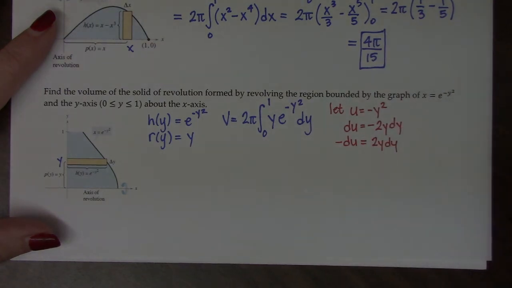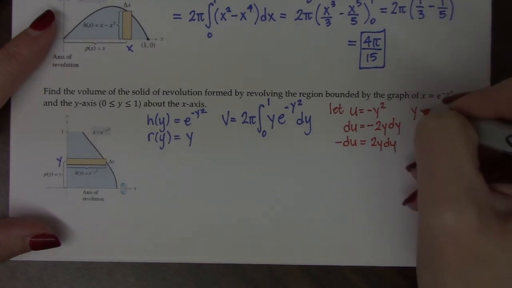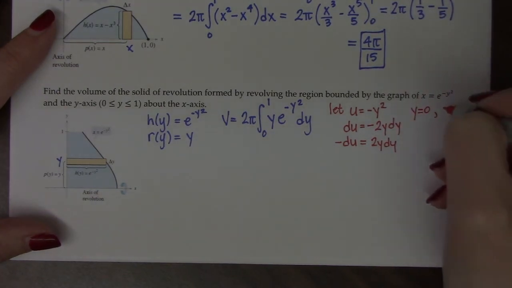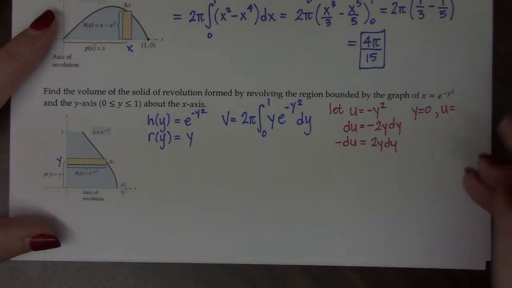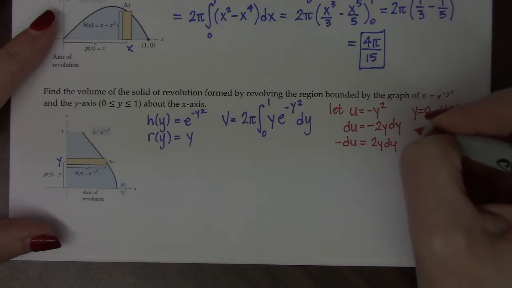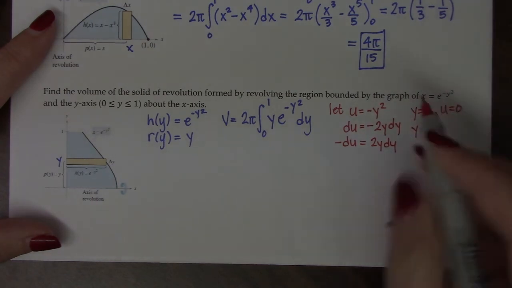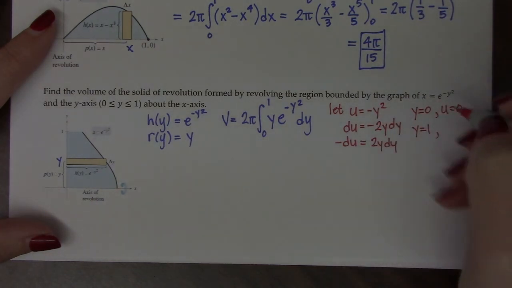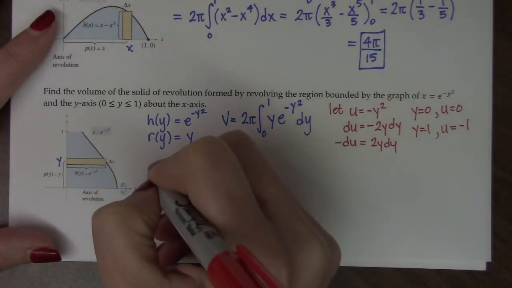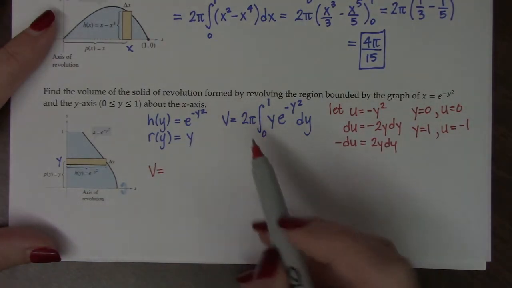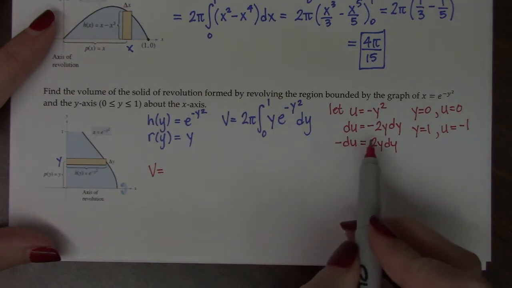I'm also going to go ahead and change my bounds so I don't have to go back to y. And I can say, well, when y equals 0, when we plug in 0 here, u equals 0. When y equals 1, u is going to be negative 1. So now when I translate this integral into variable u, remember we need the 2 for our du, so the